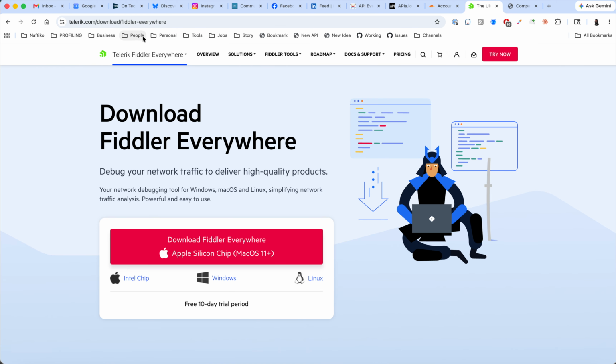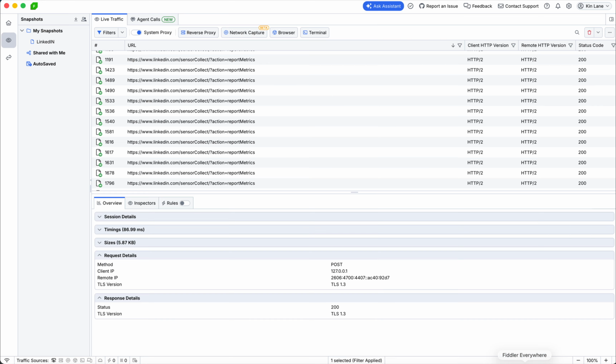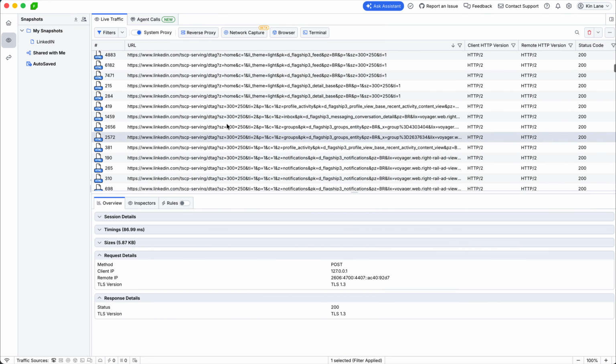So Telerik Fiddler Everywhere is a proxy. You can download it. It'll run on Mac or Windows. And you set it up and it'll run as a proxy. So what a proxy is